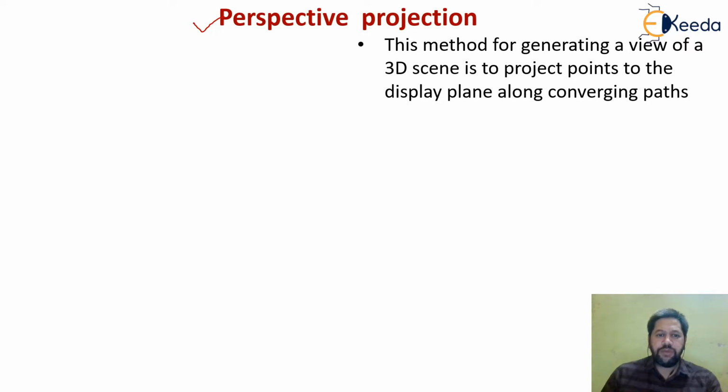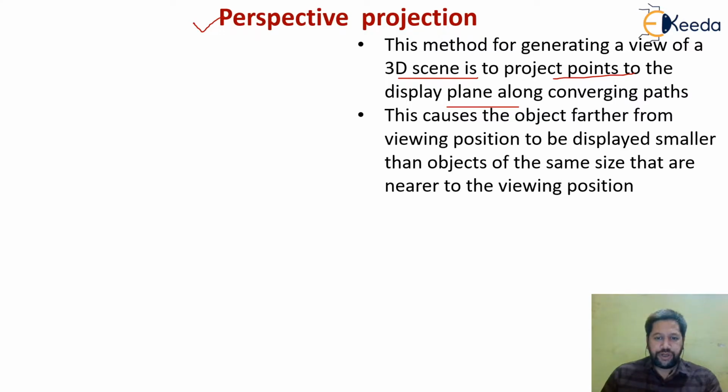We are considering what is the perspective projection. Now, this method of generating a view of a 3D scene is to project points to the display plane along converging paths. So this method is different from the parallel projection. Now, this particular method causes the objects which are farther from the viewing position, the objects at a longer distance from my viewing position, to appear smaller